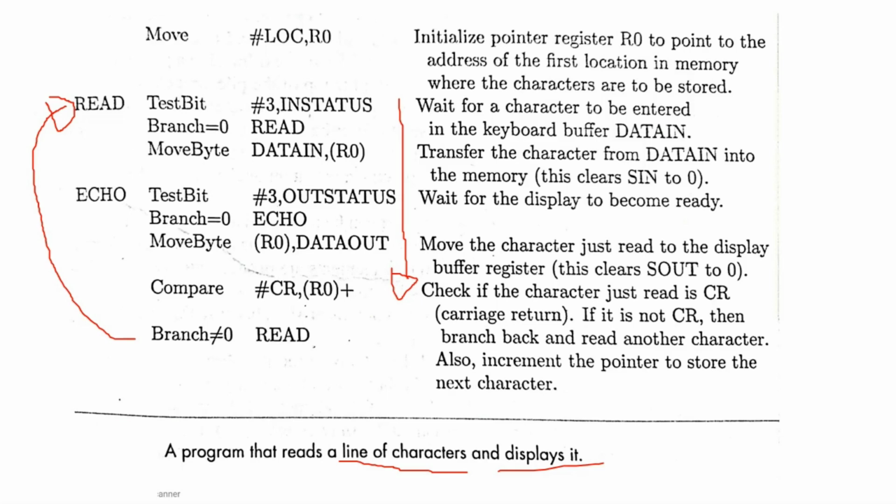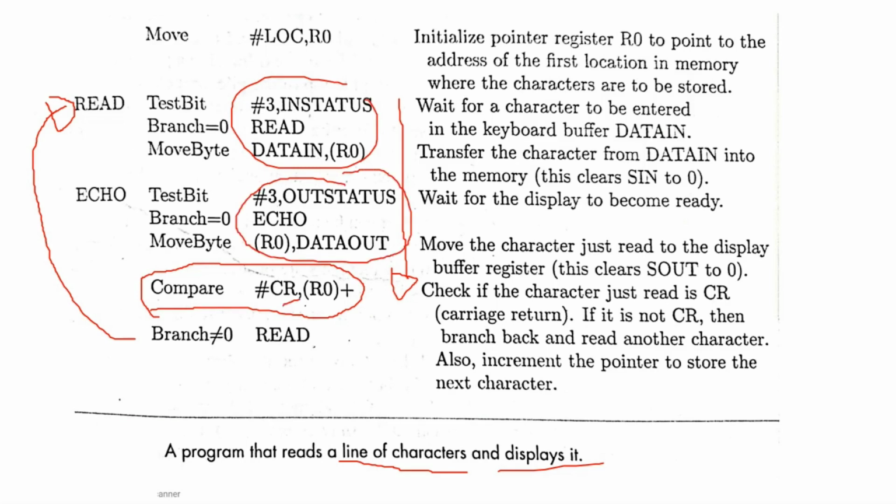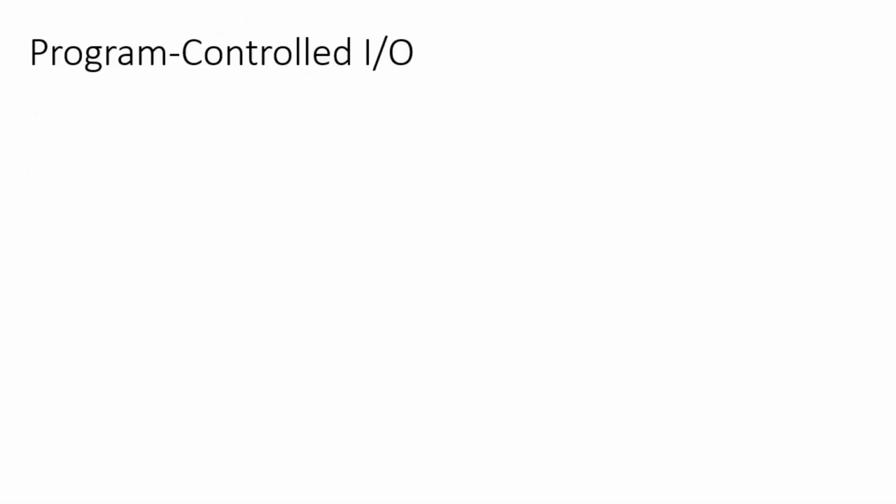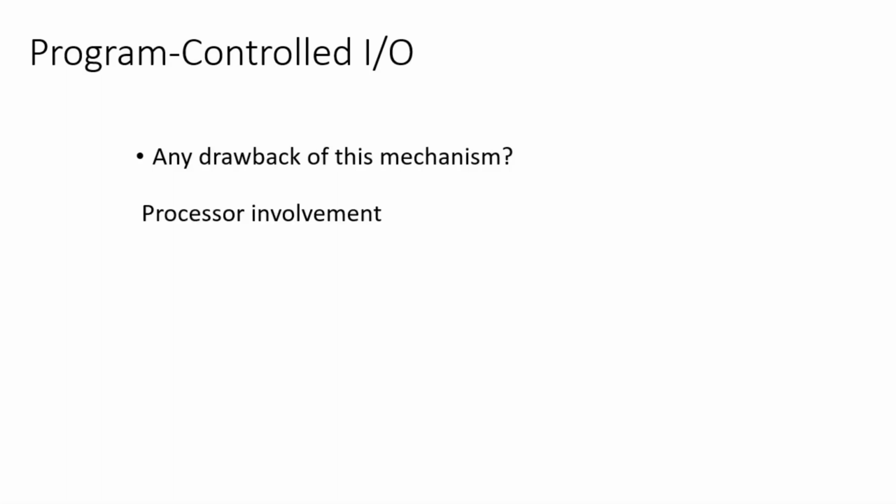When we have to stop, here is the compare instruction. The character I'll read here and display on the screen, then compare whether the character is a carriage return, means CR. Carriage return means the enter button. So if the user enters multiple characters and then finally presses the enter button on the keyboard, then I don't go back, I will directly close the program. If it is not a carriage return, then only I will go back and take one more character and display it on the screen. So this is all about program controlled I/O using memory mapped input output.